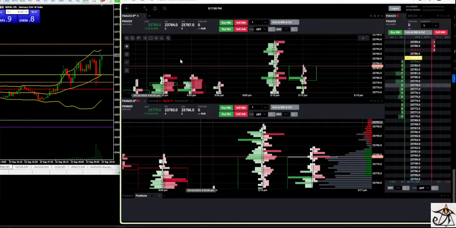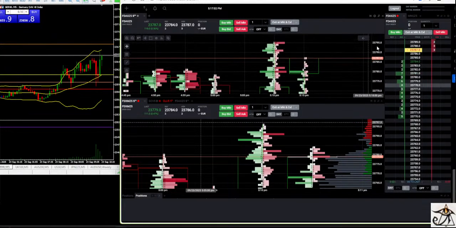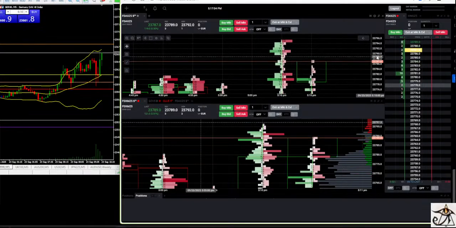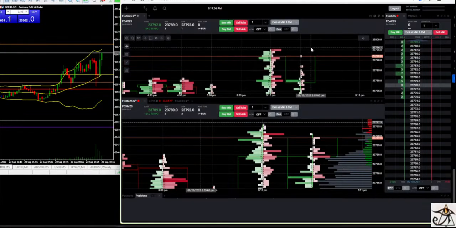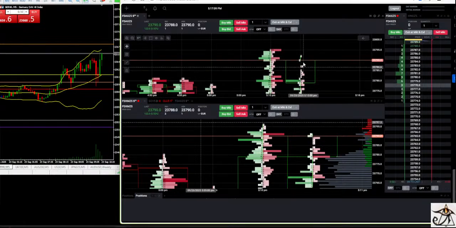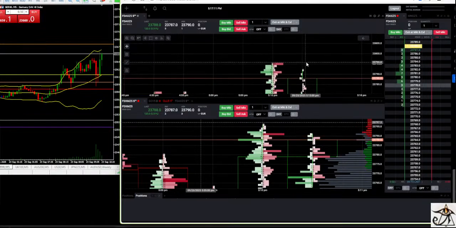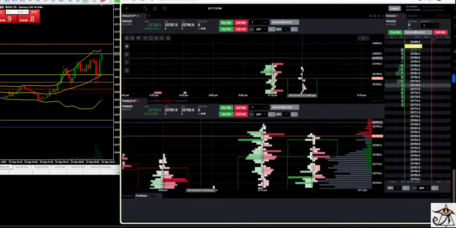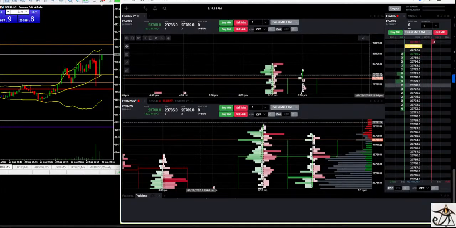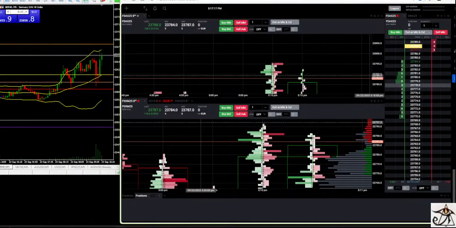But given the market's been not as volatile as I would expect, look at that, such thin volume here. So basically the market, nobody's really happy trading at these price points, and somebody's looking for a better